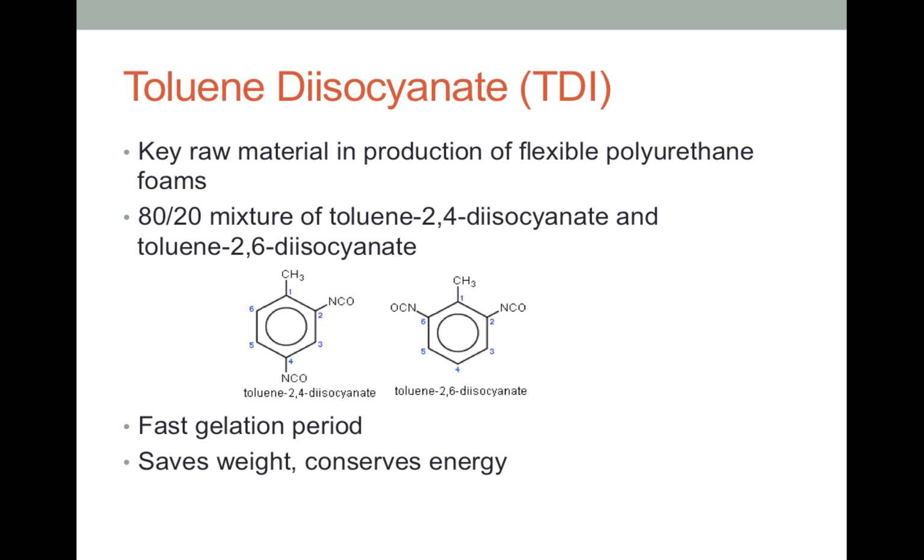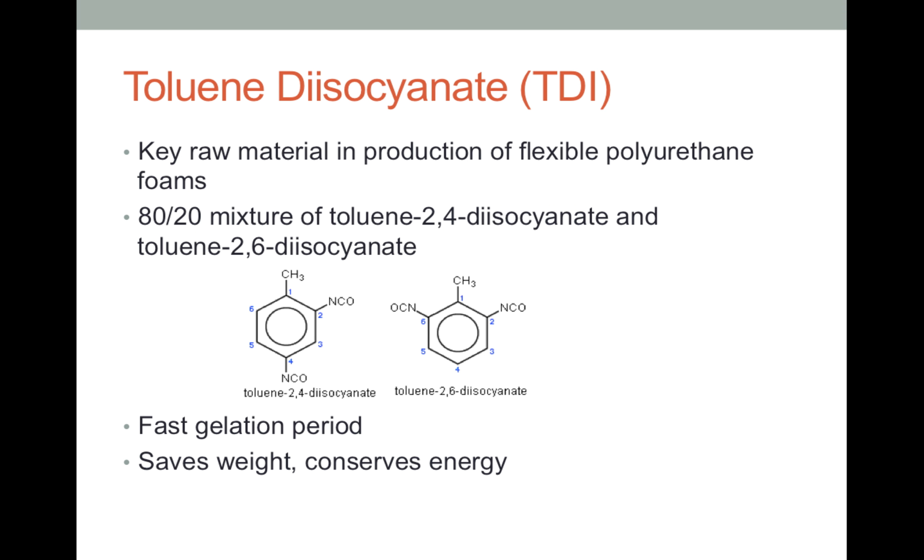The two most commonly used isocyanates for making polyurethane foams are toluene diisocyanate, or TDI, and methylene diphenyl isocyanate, or MDI. Toluene diisocyanate is a key raw material used in the production of flexible polyurethane foams, and the most commonly used TDI is an 80-20 mixture of toluene 2,4-diisocyanate and toluene 2,6-diisocyanate, and the figure here shows the structures of these two. Toluene diisocyanate is known for having a fast gelation rate in polyurethane reactions,